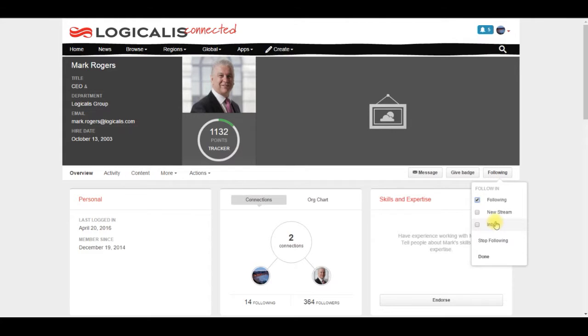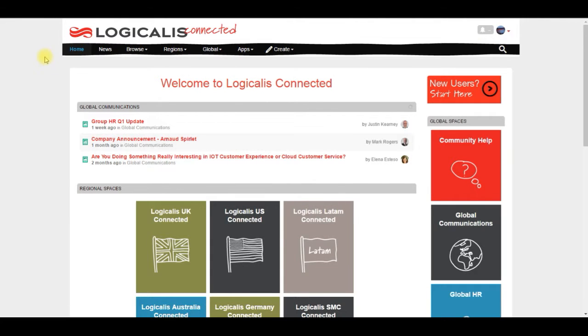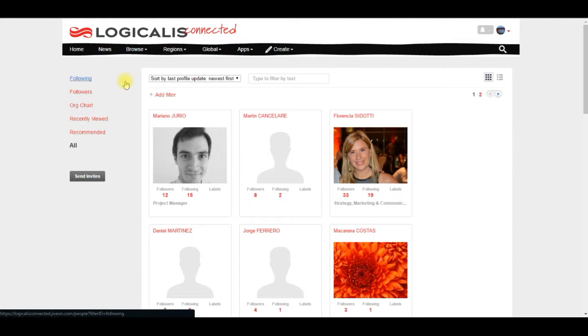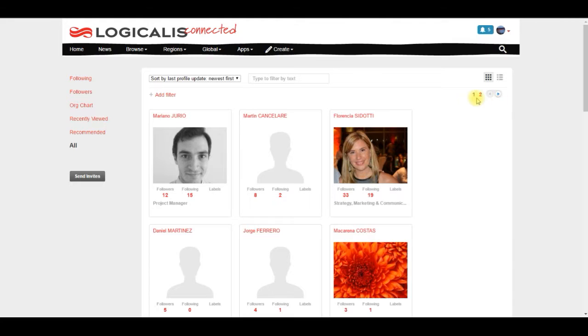Same applies with the inbox as before. Probably the best way I would say for finding people in terms of on a search basis would be to go to this tab here on the navigation bar. So you go to the browse part. Obviously you've got three different options. Go to people. And this pretty much brings up every single person that's in Logicalis Connected from around the globe. So, it says 1 to 2 here, but obviously it goes a lot further. So in this case, the best thing to actually do would be to